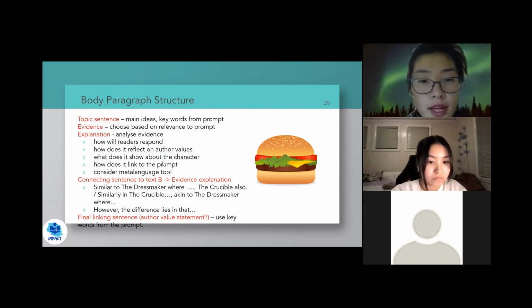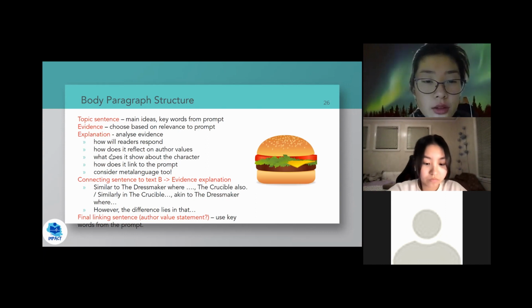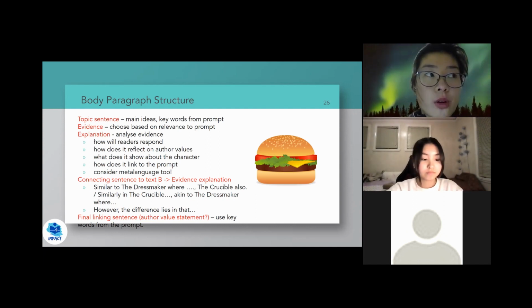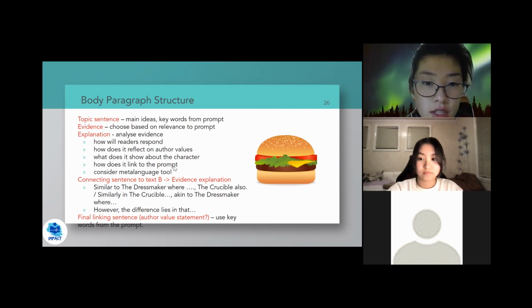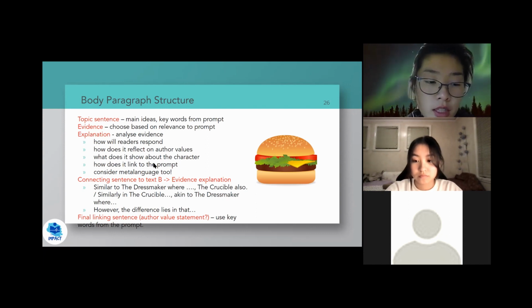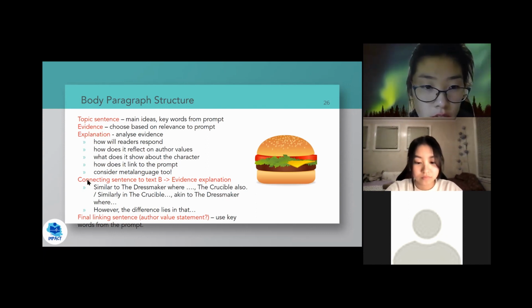And essentially, furthermore, linking it back to the prompt, in order to show what your interpretation of it is. So it should be really in terms of the argument that you want to present. So we'll give an example later, but